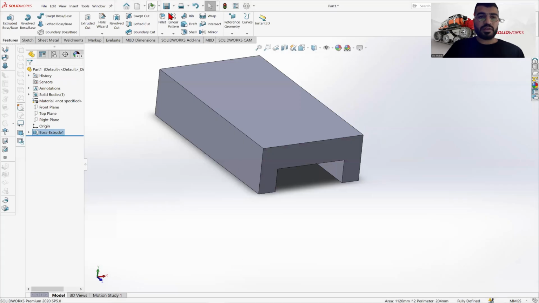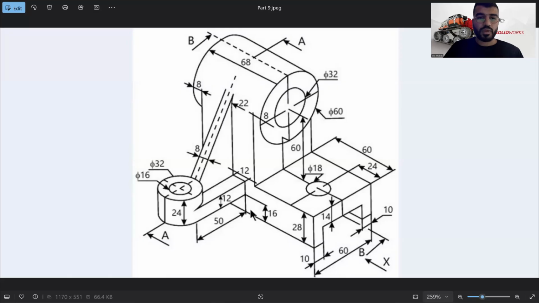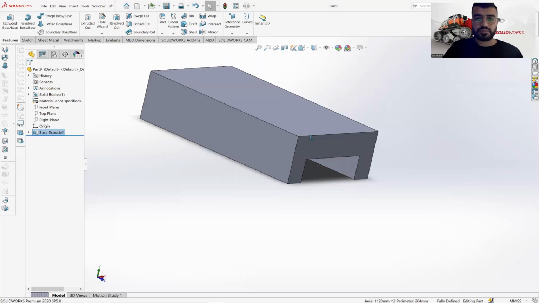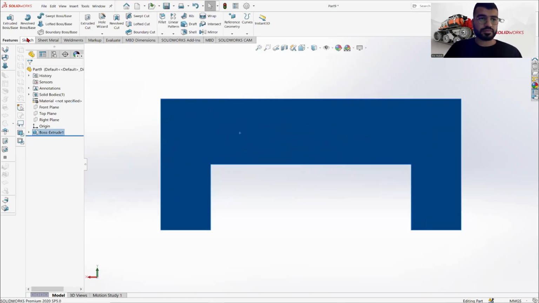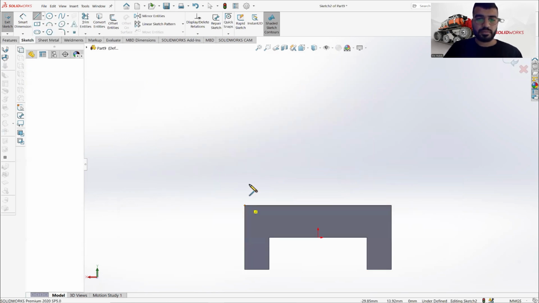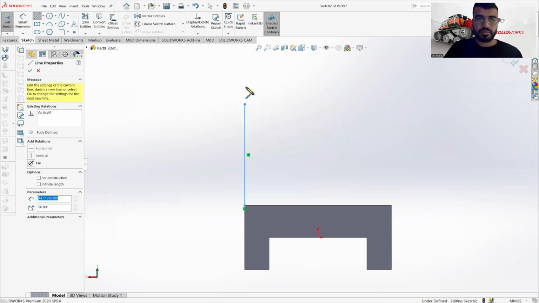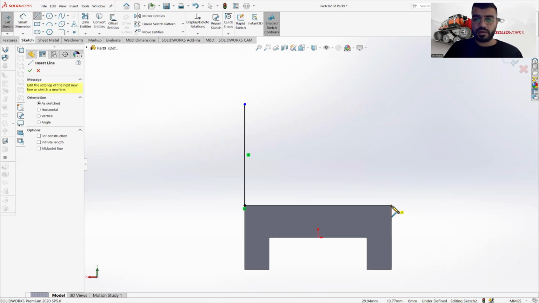Okay, this is our part 9, so let's save it. Part 9. Now let's draw these circles with these 2 lines tangent. Rotate it, left click, normal, right click, normal to, click on sketch, line, vertical line, and then draw an arc, right click, select, draw another line like this,